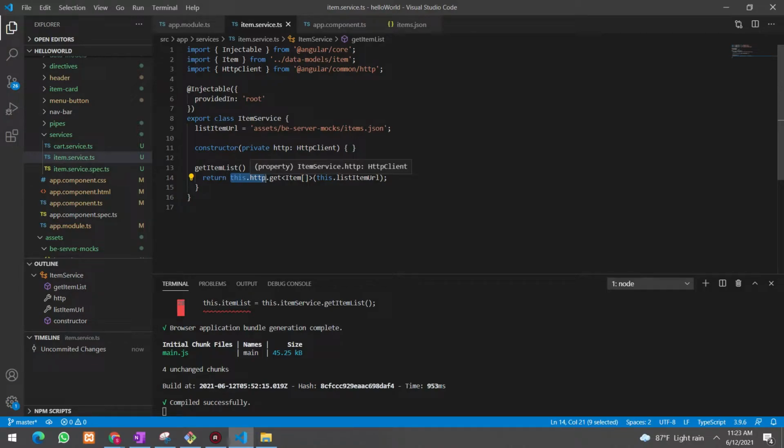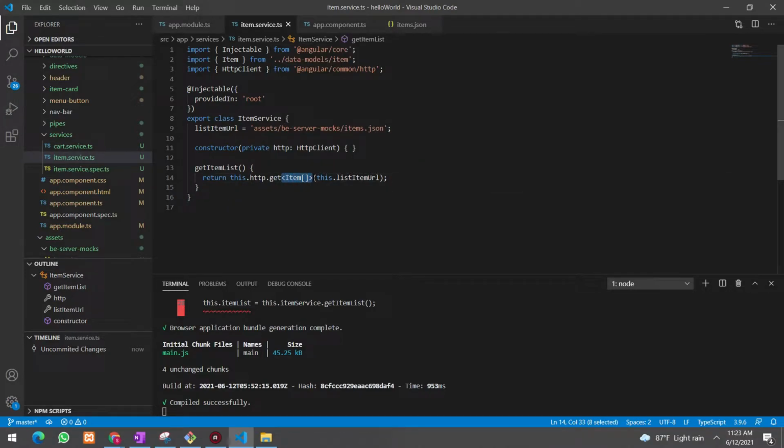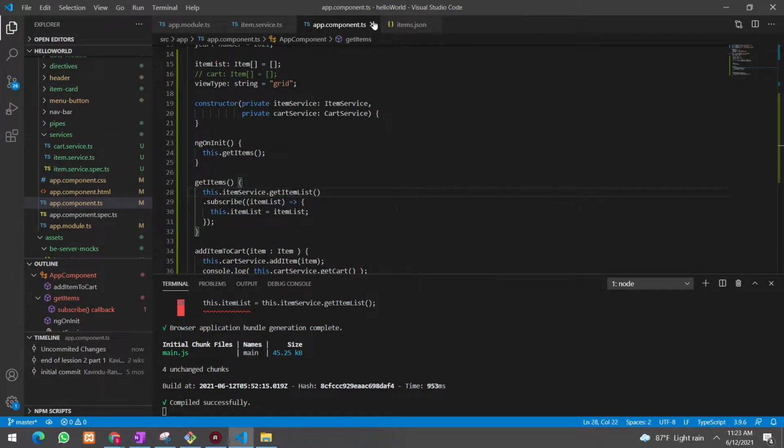And to fetch data, we use the Angular HTTP client get method, and we are mentioning here that this get method will return an observable with type item array, and this get method is called with this URL. And when getItemList is called here in the app component, it is getting from this section